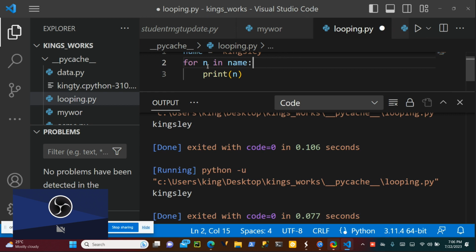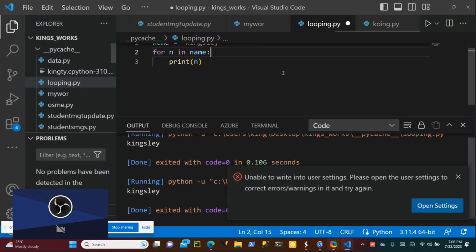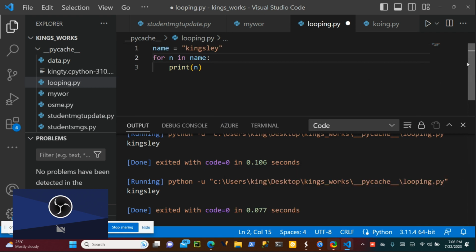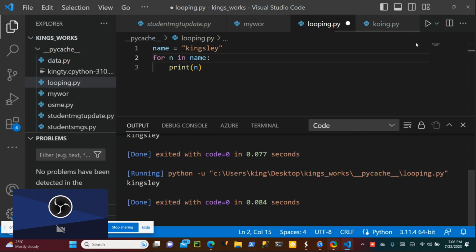So now n will go into Kingsley step by step. n goes to Kingsley, the first one K, then it prints it out, and goes again, it prints it out, then goes again, it prints it out, then goes again. Can you see it?